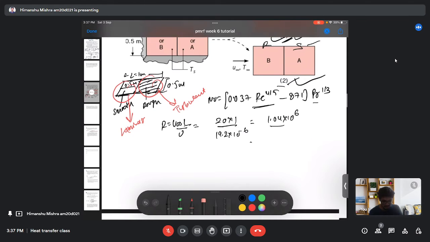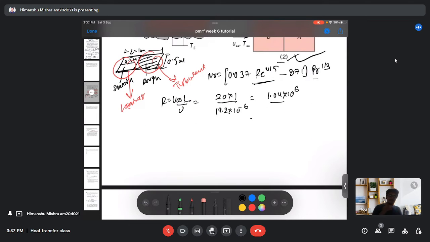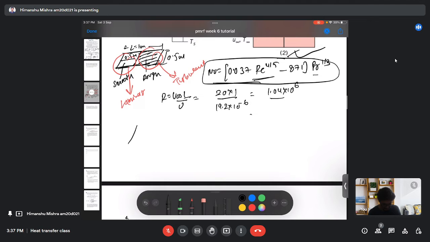So in one, I have said that the flow is laminar first, and when it reaches the rough patch, it becomes turbulent in nature. And for that case, we have used this correlation of the Nusselt number. But in the second case,